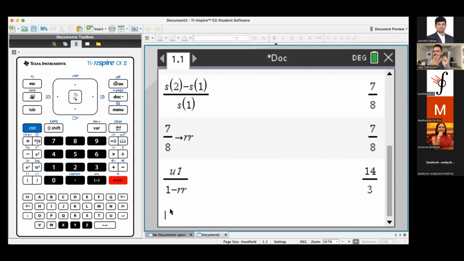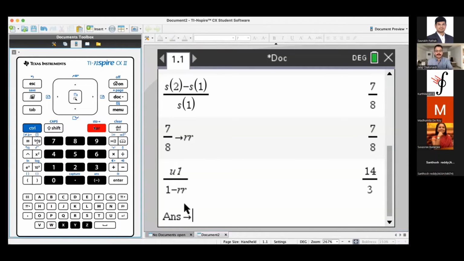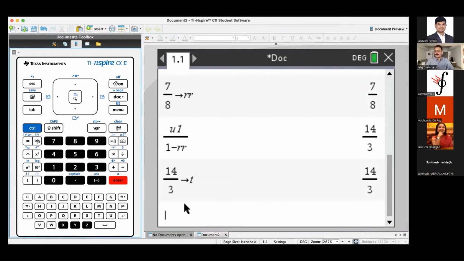And the third part of the question is find the least value of n such that sum to infinity minus sum of n terms is less than 0.001. So how do we do this? Let's save it as something, maybe store as t. So now t is the sum to infinity. Just remember it. The next part of the question: find the least value of n such that S infinity minus Sn is less than